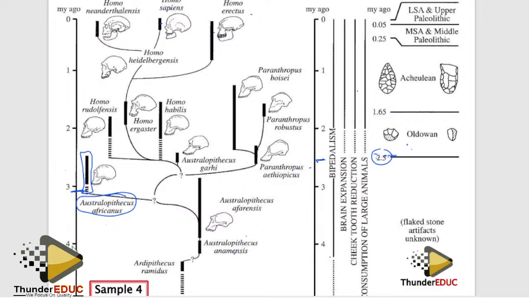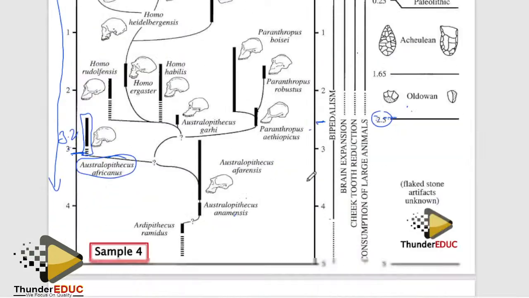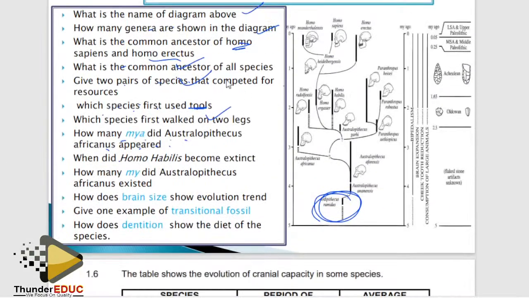Maybe it is 3.2. Remember the 0 is this side, so you count going downwards. You count from 0. Maybe it is 3.2 million years ago. Million years ago. Then they are saying that